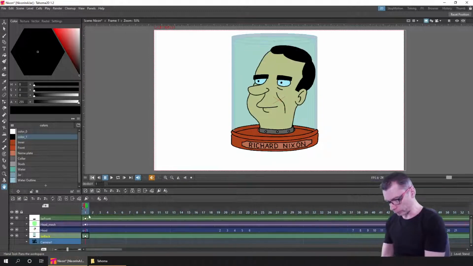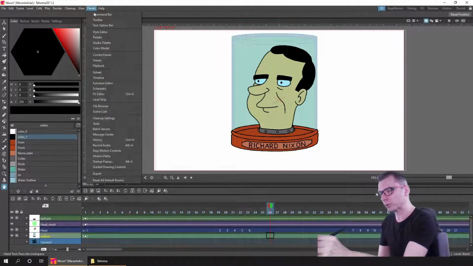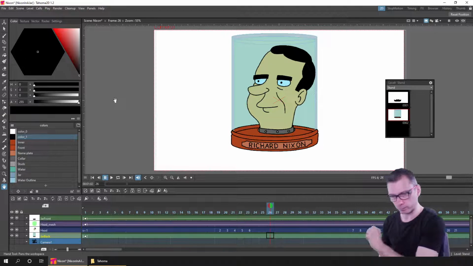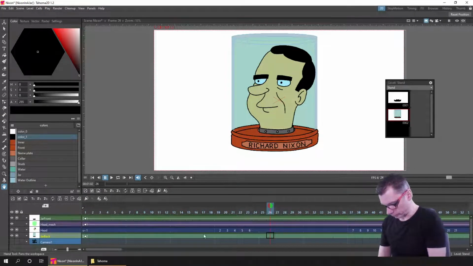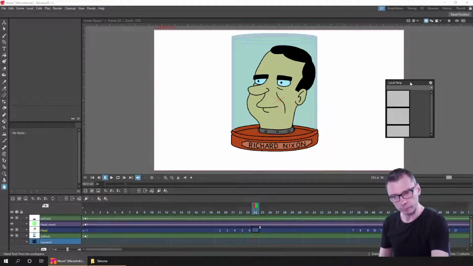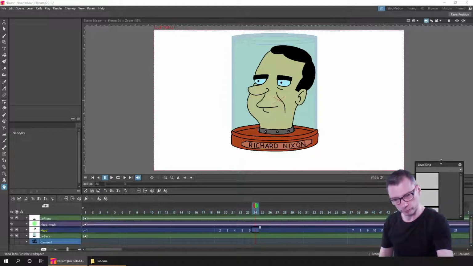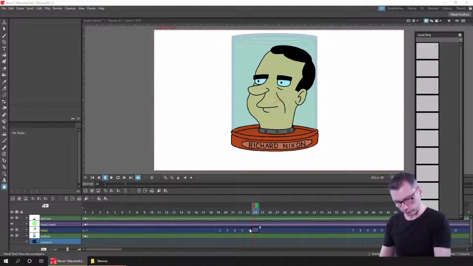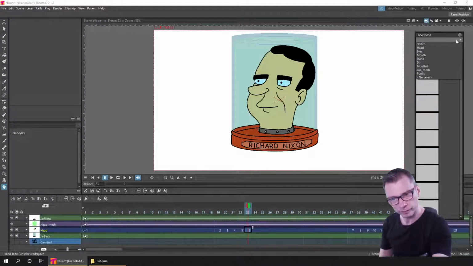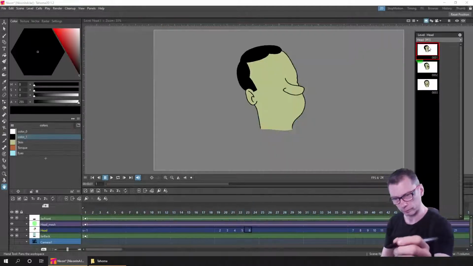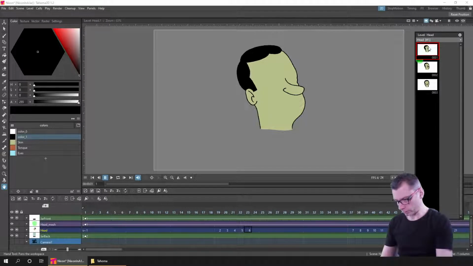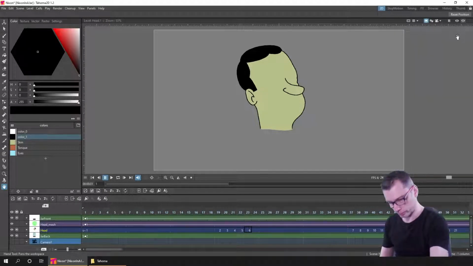Okay, so let's see what we've got. Right, so there's the blinking. The first few drawings, 2 to 6. Let me bring up the level strip. And if I go to his head column, we can see exactly how many drawings he's got, hopefully. So change that to show the head. So there's 3. It's a sub